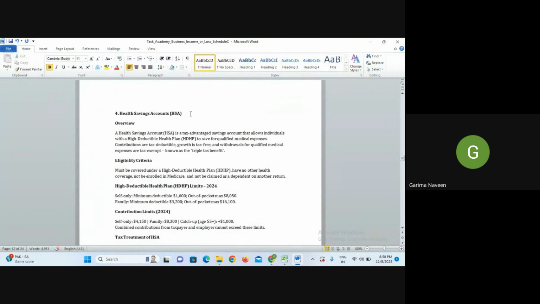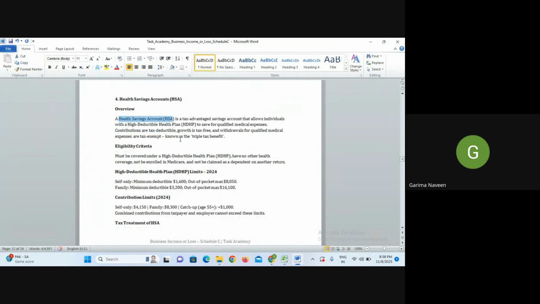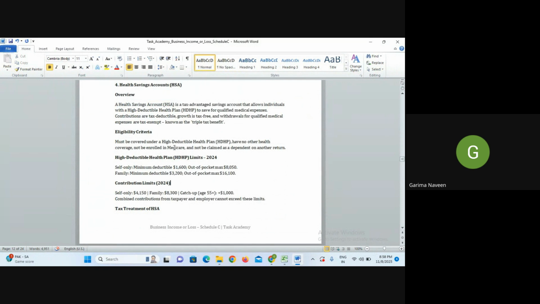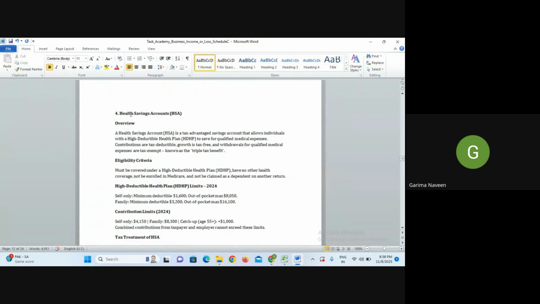Next, health savings account. If you have taken a certain kind of health savings account plan, then you can deduct your contribution to this plan in your Form 1040. Health savings accounts are basically accounts related to your health, meaning you can contribute something to your health